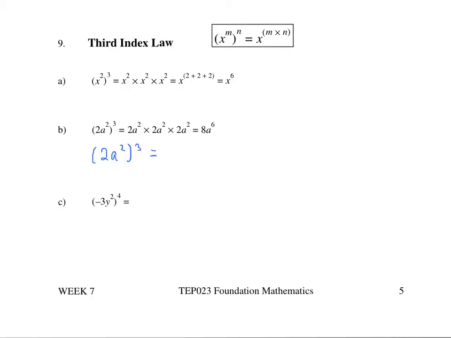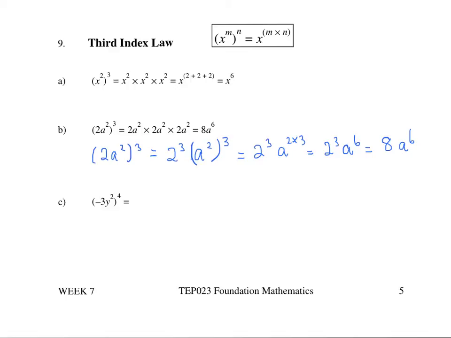If you're expanding it, it's actually 2 cubed multiplied by a squared all cubed, which is 2 cubed multiplied by a to the power 2 times 3, which is 6. And of course we know that 2 cubed is 8. 2 times 2 times 2 is 8, a to the power 6. So for the next one,